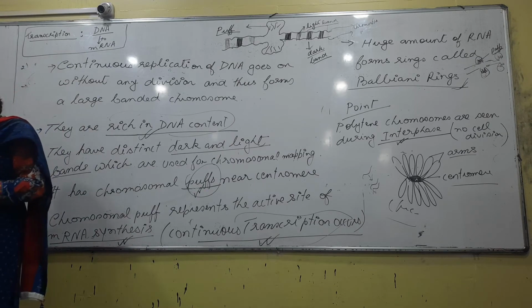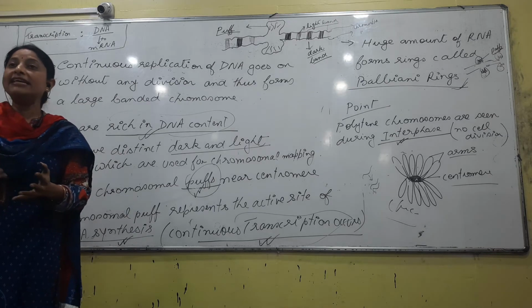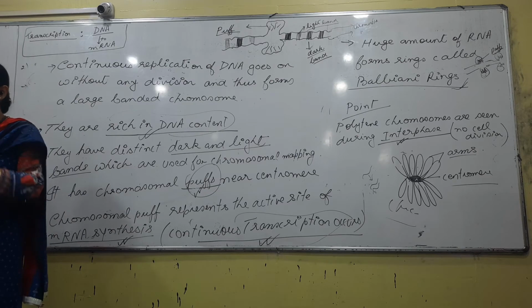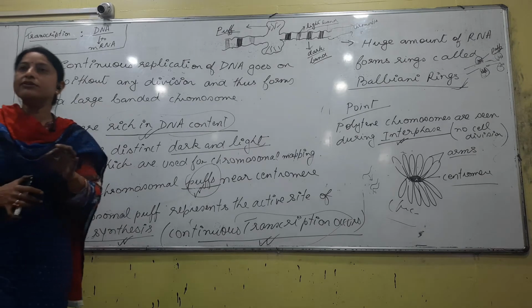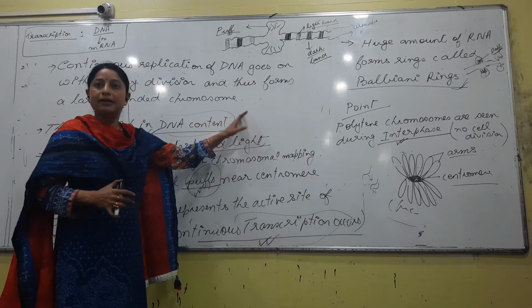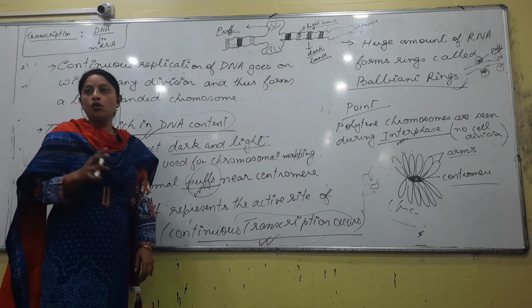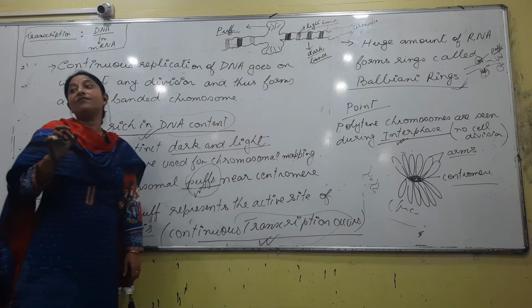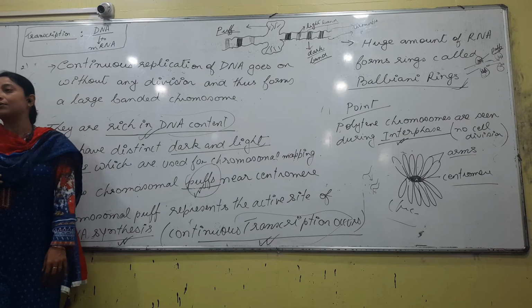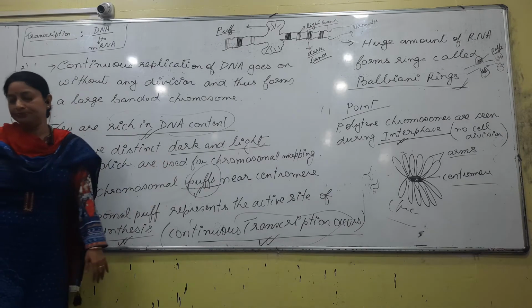What is the meaning of Diptera? An insect with 2 wings falls under this order, right? One example of that order, Drosophila. So who discovered it? It was discovered in Drosophila. And now we know that this type of polytene chromosome is present in all the examples of Diptera. Not only in Drosophila; it was discovered in Drosophila, but where is it present? In each and every example of this order. Clear?